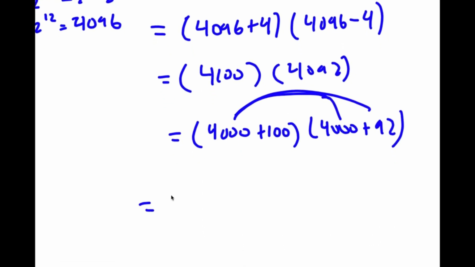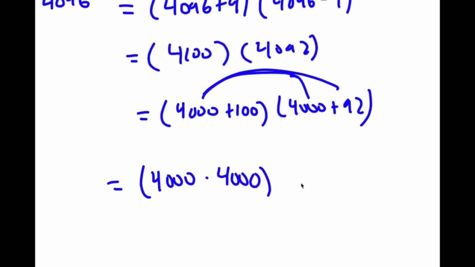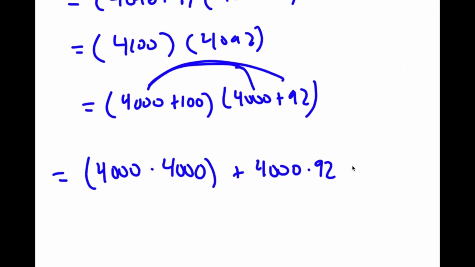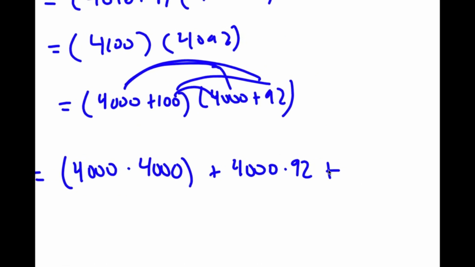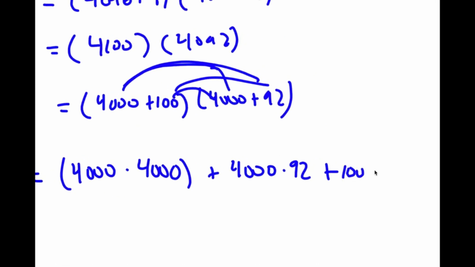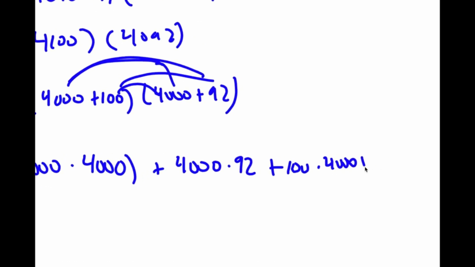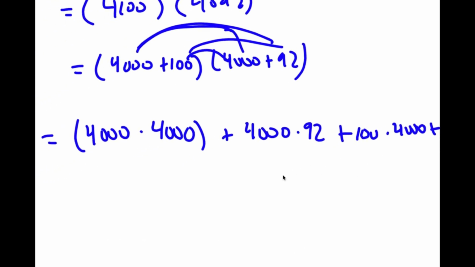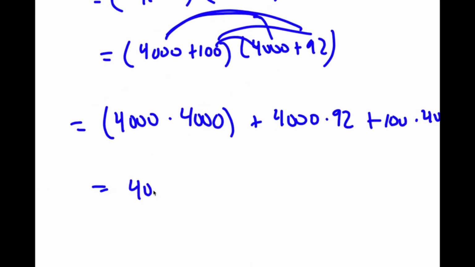I have 4000 times 4000 plus 4000 times 92 plus, now if I distribute the 100, times 4000 plus 100 times 92. Now 4000 times 4000, that's 4000 squared, plus 4000 times 92. 4000 times 92, that's going to be equal to 368,000